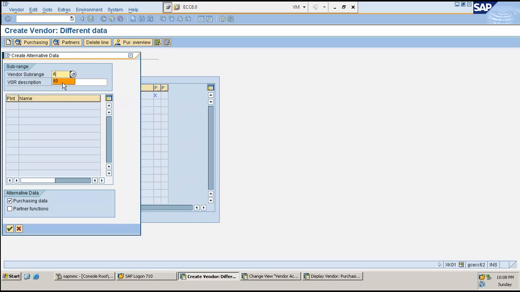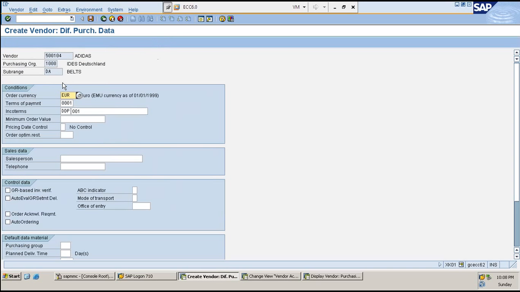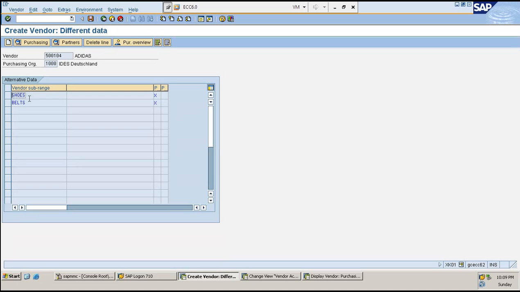Actually, you can go ahead and do it in that way. Okay, I'll go with DA, and this is belts. Selected it already. So the contact person name is Ty. Okay, this number is something like this. Click on enter. See, it keeps on adding in this way, even if you have 100 products.